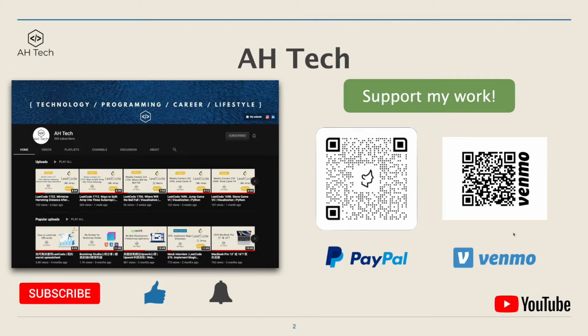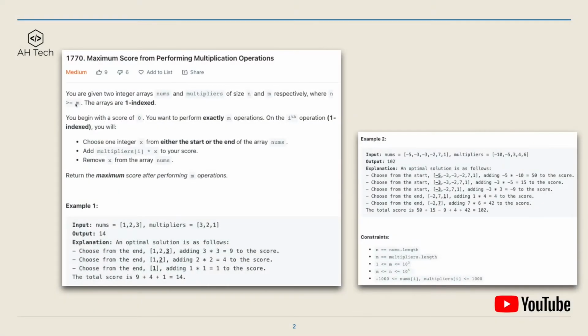Now let's look at the question. In this question, we are given two integer arrays, nums and multipliers, of size n and size m, respectively. We begin with a score of 0, and we want to perform exactly m operations, which is the size of multipliers. And on the ith operation, we can choose one integer x from either the start or the end,